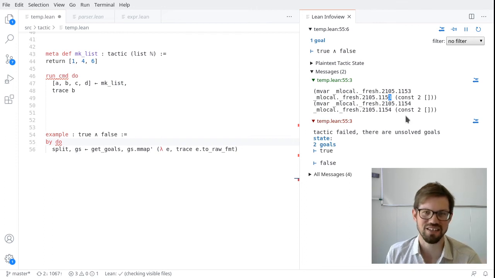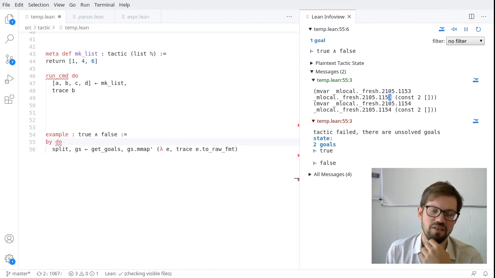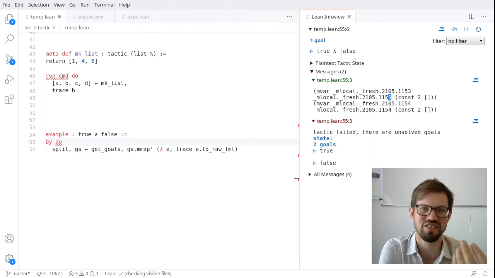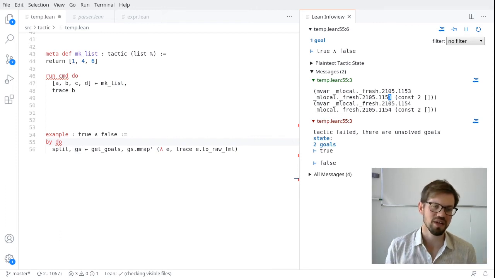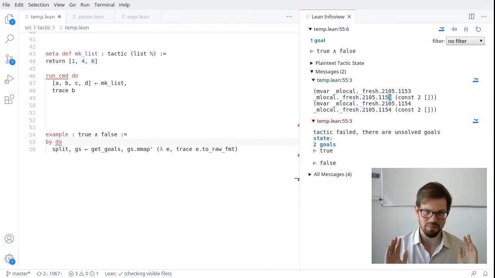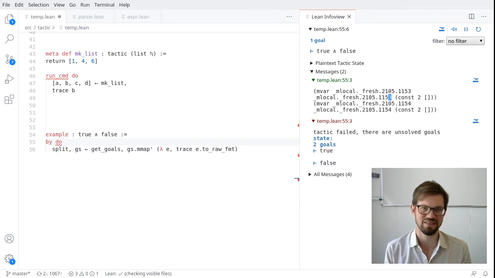There's a part of the tactic state that we usually don't really look at explicitly. It's called the type context that manages these metavariable assignments. If I have a metavariable and the type context knows that it's been instantiated to something, then it's possible for me to replace that metavariable expression with the thing that it's been instantiated to. But that doesn't happen automatically,